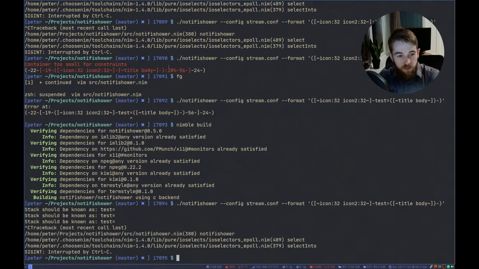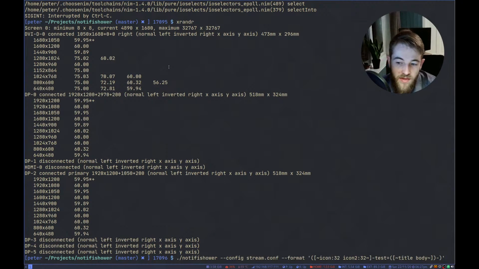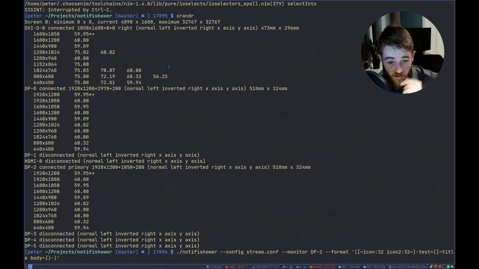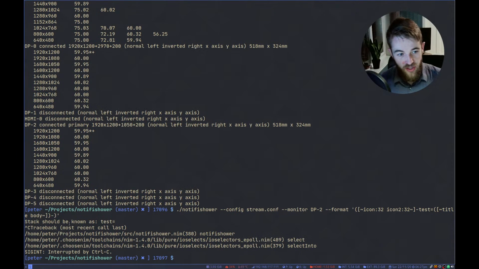There. Stack should be known as test. And you will see that I have 3 of them. That might look like an error, but that's just because I have 3 monitors and it shows up on all of them. So if I limit this to run on DP2, which would be the monitor that I'm streaming, then you can see it only shows 1 time.